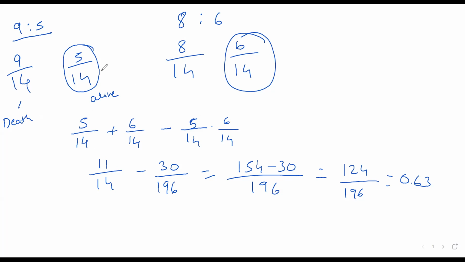At least one of them म्हणजे हा तरी जगला पाहिजे, नाही तर हा तरी जगला पाहिजे, नाही तर दोन्ही जगले पाहिजे. एक तर असं करता येईल किंवा मग आपण म्हणणार की हा पण मेला आणि हा पण मेला 20 वर्षामध्ये. तर the person who is 50-year-old, he will die. The probability is 9 by 14 that he will die. And the person who is 60-year-old, he will die is 8 by 14. So that will be 72 upon 196.